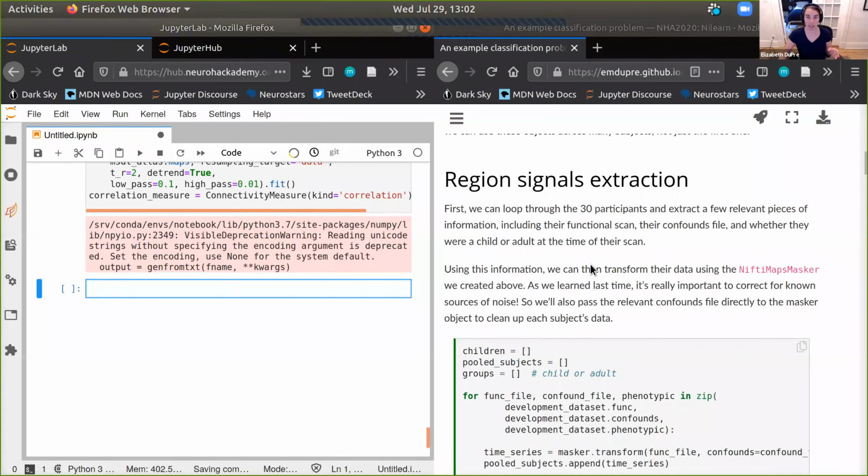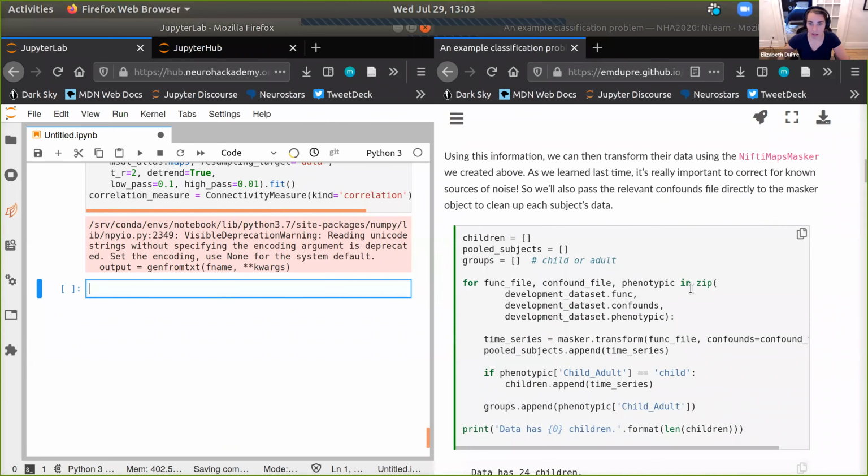And this is a really important question that someone brought up, and I answered in the chat, but I want to also address live because I think it's a really conceptual idea. One of the reasons we're not supplying confounds directly to the NiftiMapsMasker is because we're going to take this masker and apply it to every single participant. So we don't need to instantiate a different masker for every participant. We just have the one masker, and then we transform their data using that same masker. This is nice because we don't need 30 maskers, or if you used all 155, you don't need 155 maskers. You just have the one, and then when you transform their data and their confounds, you can use the same information.